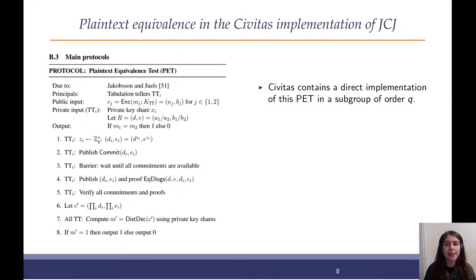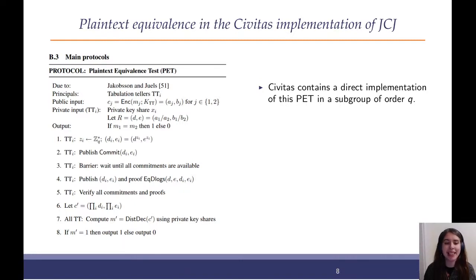And we're going to look at the Civitas implementation because it's one of the only implementations of a large-scale voting protocol out there. It's one of the only ones we could find, and one of the only ones that gives a nice, complete specification of how its protocols run. It's not unique to JCJ. We believe, based on comments made in other papers, that if authors had done the same thing, done a rigorous implementation and listed out all of the details, they would likely have made the same error.